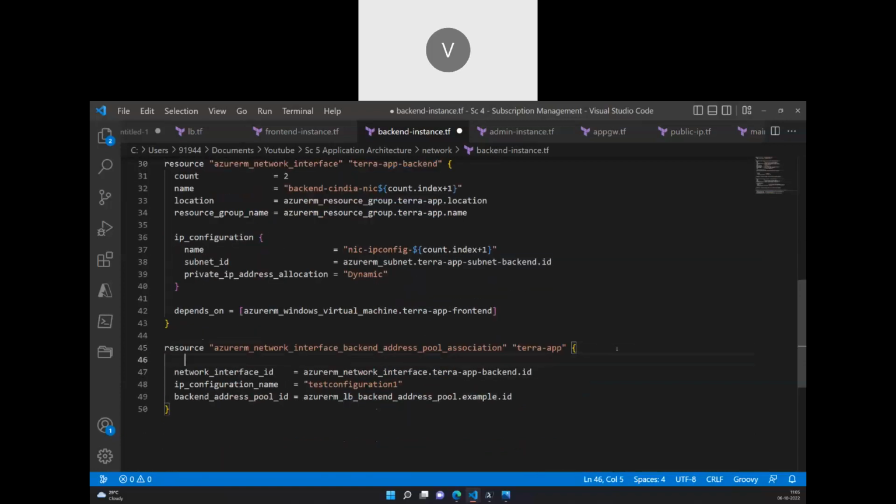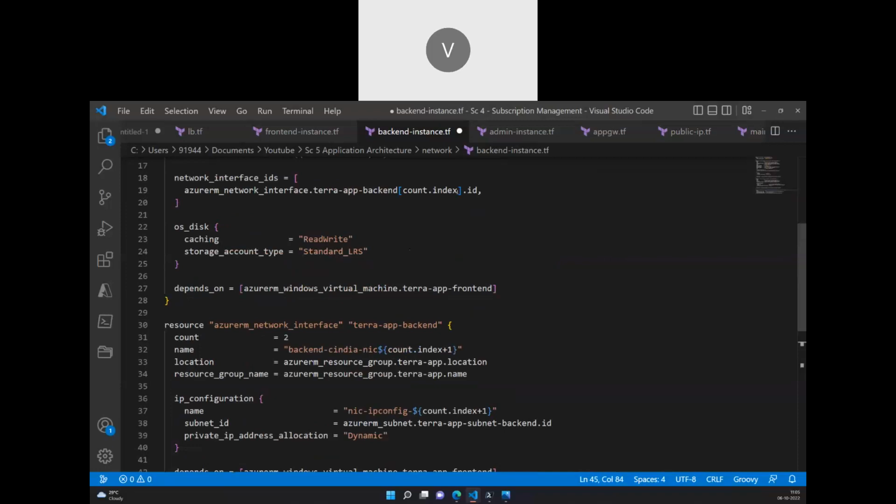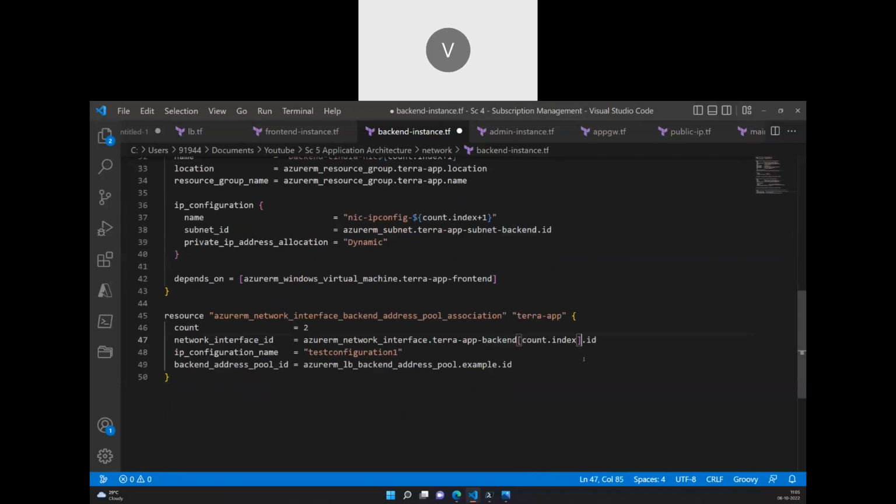And as there are multiple NIC cards, I have to mention the respective count, and I will keep this as count.ax. So there will be two network interfaces. So it will attach simultaneously to, and I have to mention here